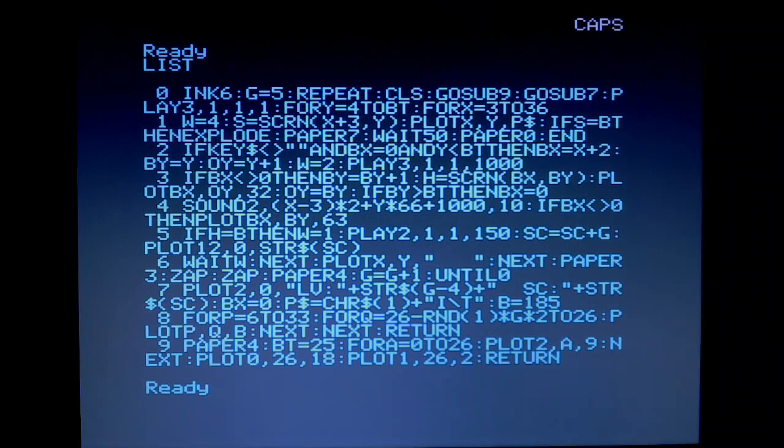Then at 0, 26, I'm setting the value 18. Now 18, I know this one is a 16 plus 2. So 16 means foreground color and the 2 means green. So it sets a green foreground color, which if you remember in the game, at position 26, there was a green strip. And then also in column 1 on row 26, I'm setting the attribute 2, which is actually green